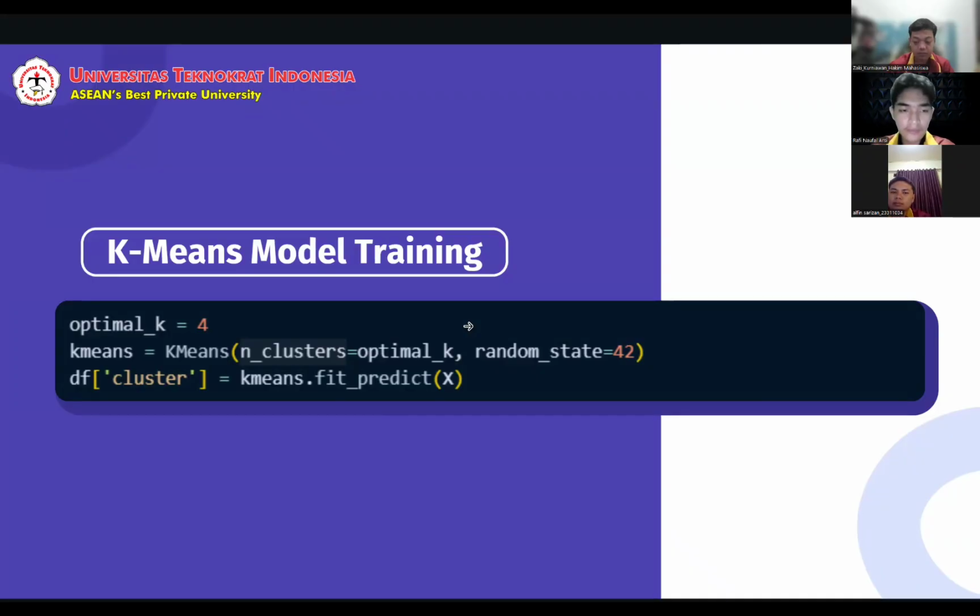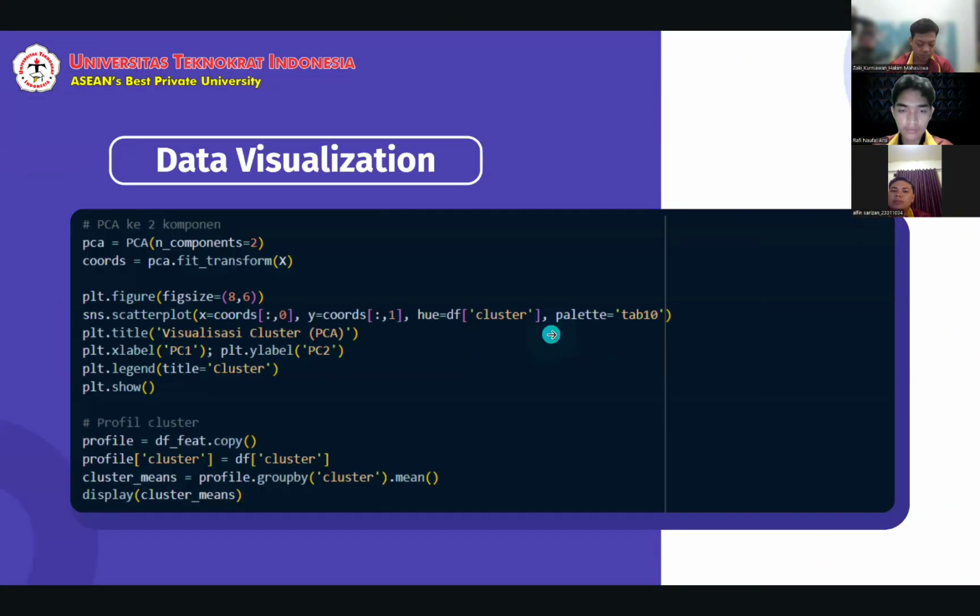Okay, next. Okay, this is the data visualization. The aim is to display the clustering result intuitively so that the patterns in segmentation found by K-means can be easily understood. So this is the code for the result visualization. Because K-means operates in multidimensional space, visualization like PCA, or principal component analysis, based scatter plots help reduce the data to two dimensions, allowing each cluster to be seen as a separate group of points.